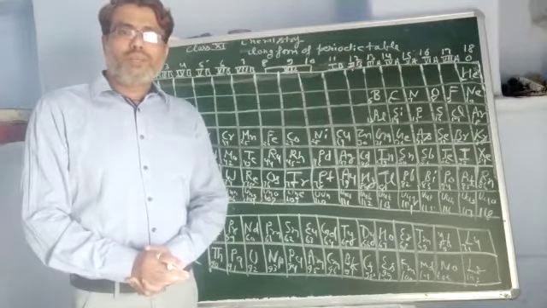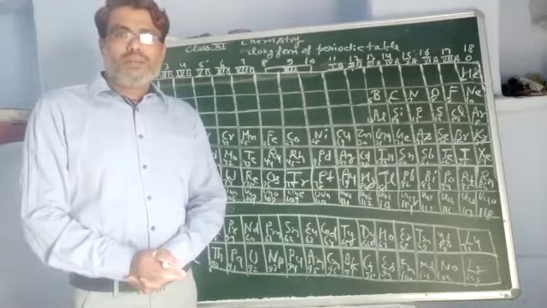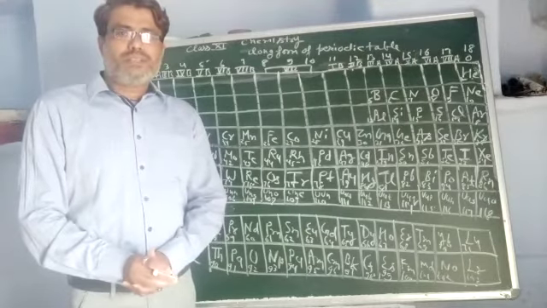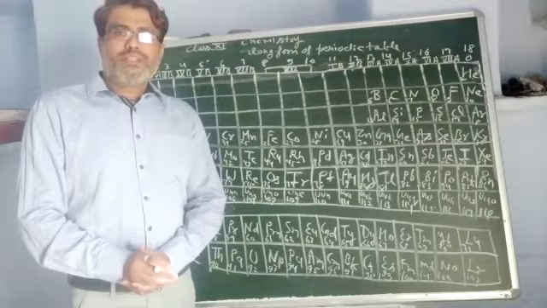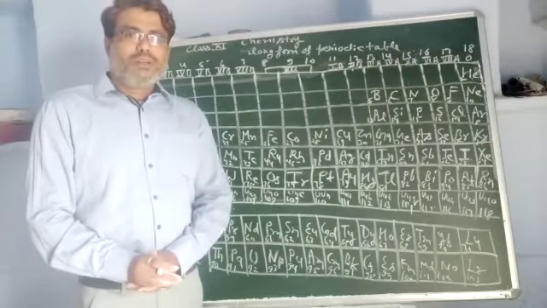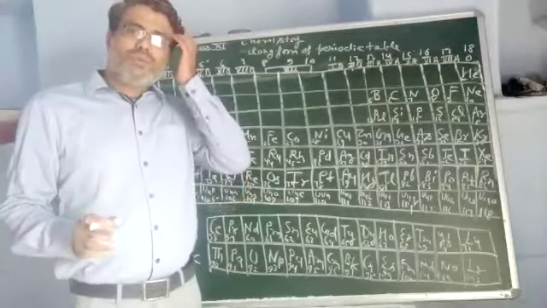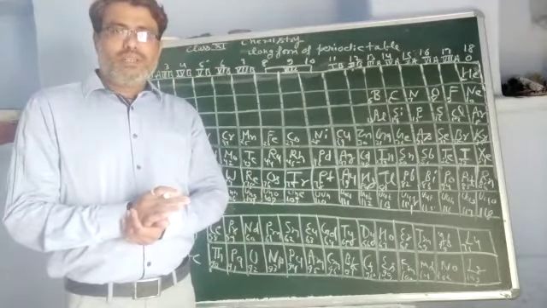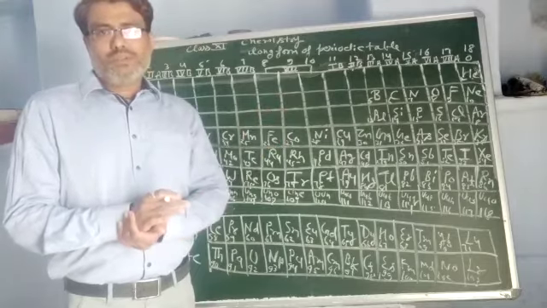Students, today our topic is the periodic table. We have Unit 30, that is periodic classification. So today we will discuss the long form of the periodic table. Now, first thing, what is the periodic table? Actually, you can say it is an arrangement of different elements in different rows and columns.